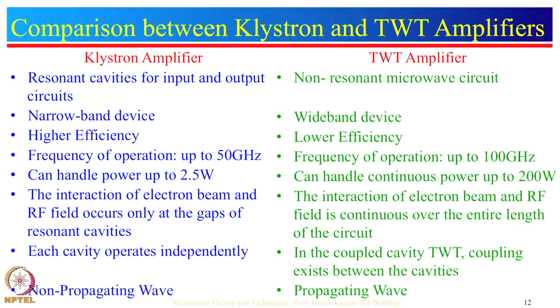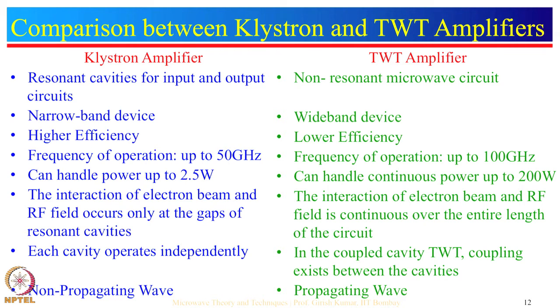And as we discussed earlier, the frequency of operation of the Klystron amplifier is up to 50 GHz, whereas the frequency of operation of the travelling wave tube amplifier is up to 100 GHz. And Klystron amplifiers are low power amplifiers, so they can handle up to 2.5 watts only, whereas the travelling wave tube amplifiers are high power amplifiers which can handle up to